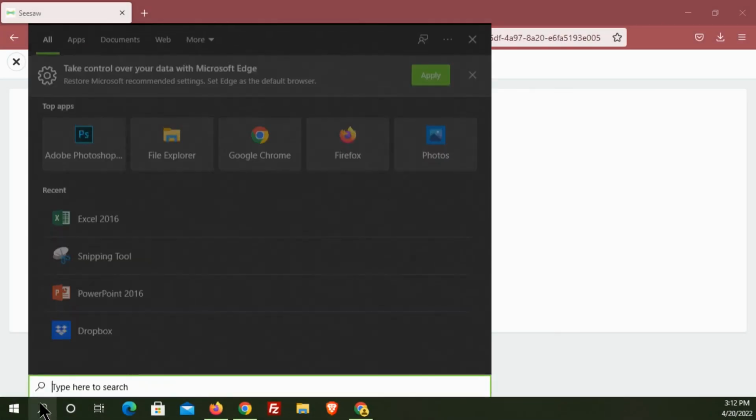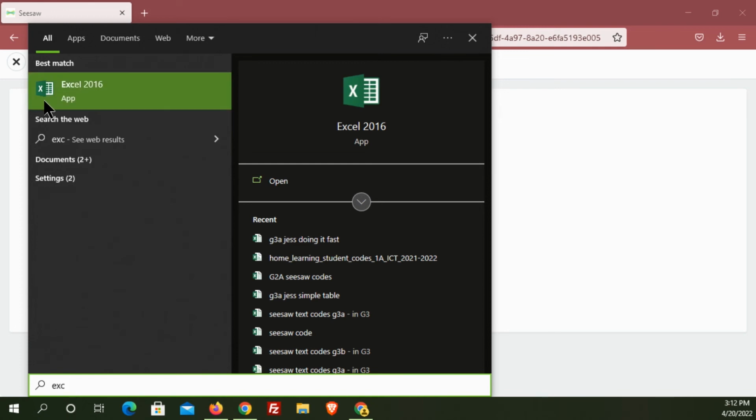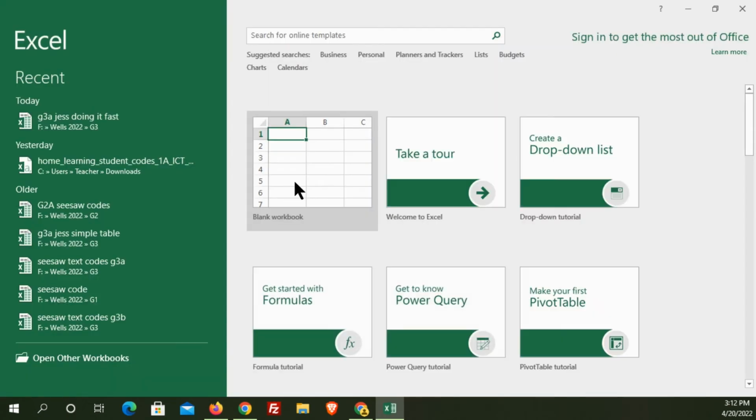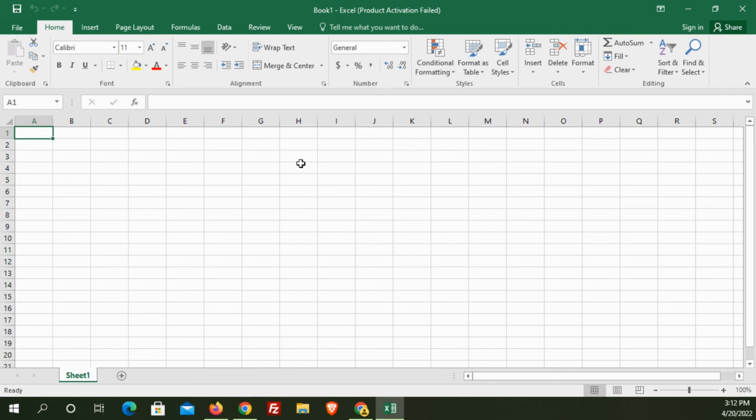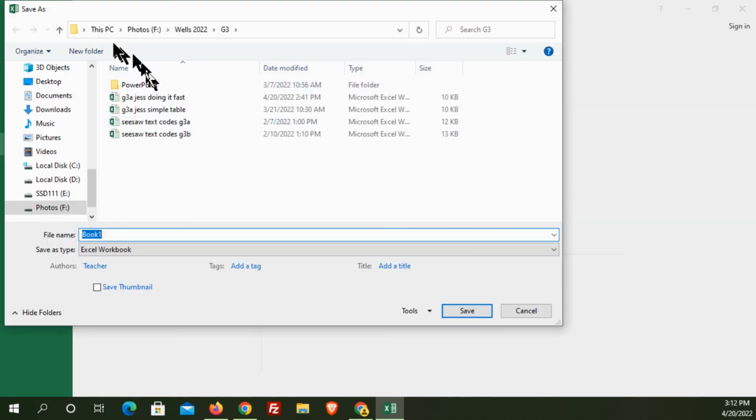All right, so let's open our Excel. I'm going to type here EX. Then you'll have this one. Then blank workbook. Then save it first. You can click this button. This is saving. Go to your folder. Remember, this PC, local disk,